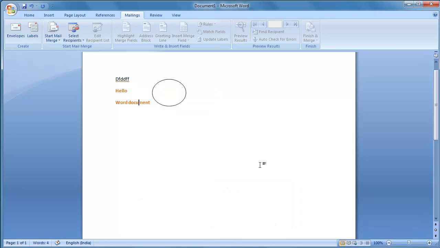Okay. These are the different components of Microsoft Office Word: title bar, quick access toolbar, office button, menu bar, and this is called ribbon. This is the scroll bar, and this is the status bar. This is the working area. Here we are going to work with our Word document. From the next lesson onwards, we'll start working with menus.